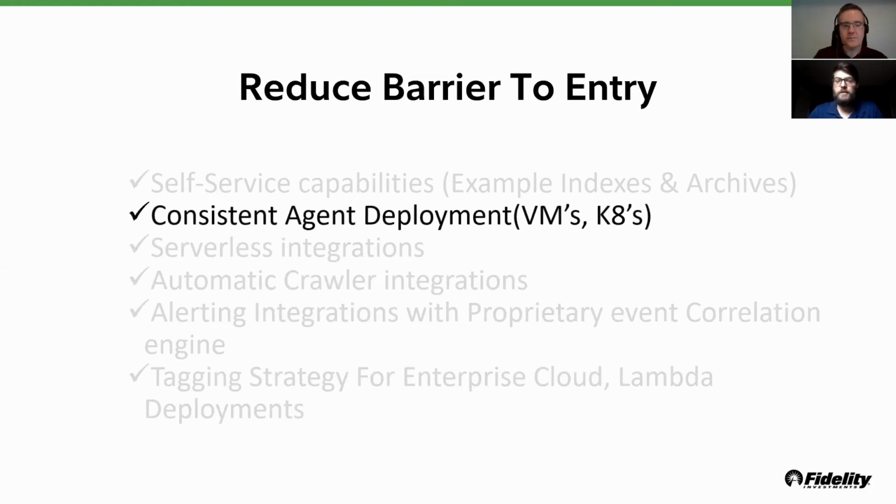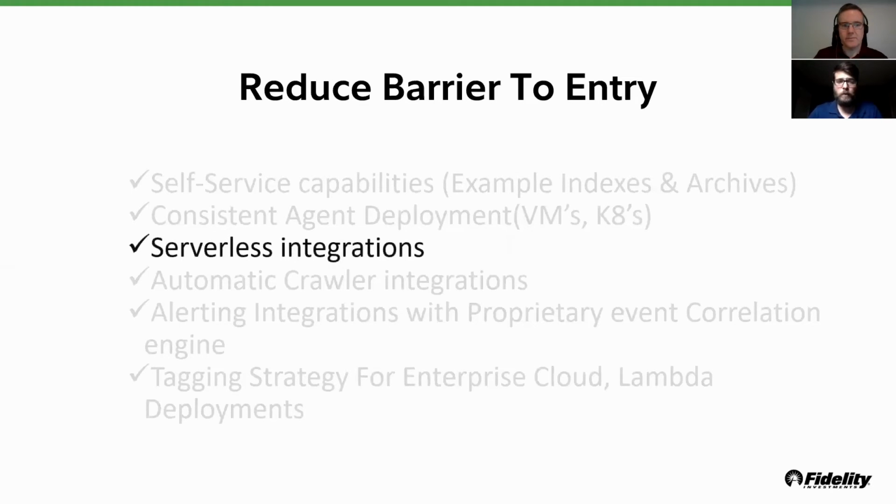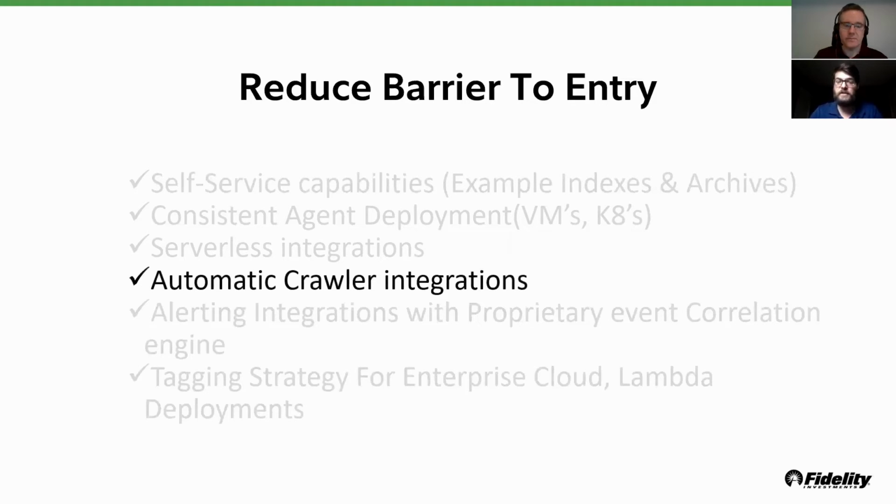Some other ways we help to reduce the barrier of entry is offering consistent agent deployments across all of our services. This includes daemon sets across multiple Kubernetes offerings to help build a commonality across these platforms from an observability perspective. Where agents cannot be deployed, such as serverless, we provide capabilities which allow our engineering partners to collect their telemetry without having to be concerned about how that happens. Additionally, for our public cloud providers, we automate the integration with our observability platforms. For example, Datadog crawlers on cloud accounts.